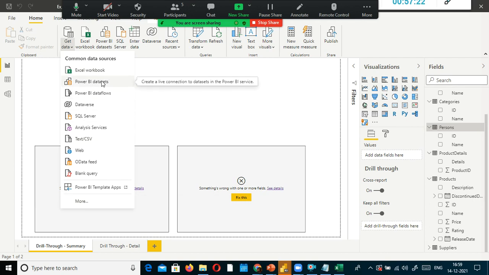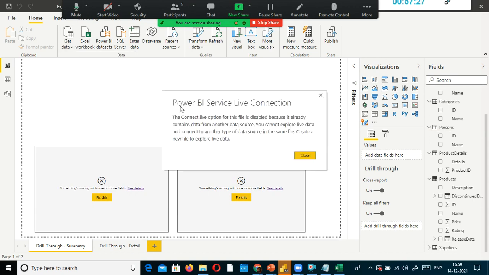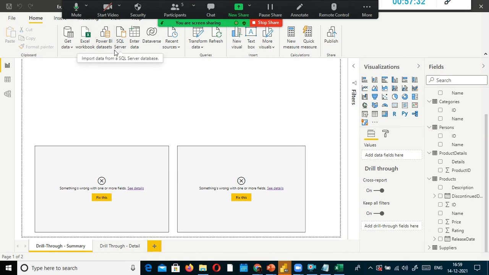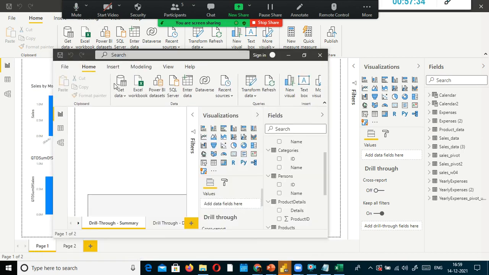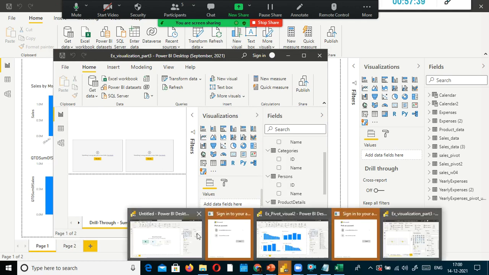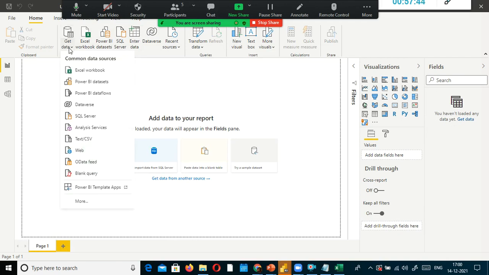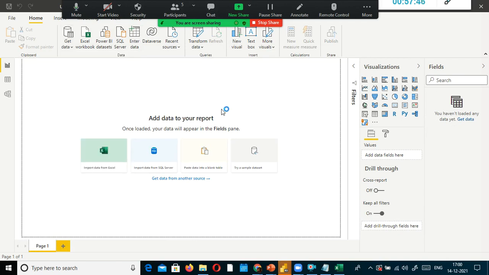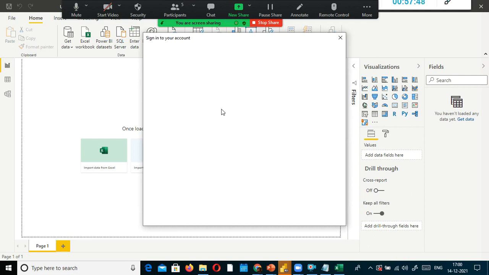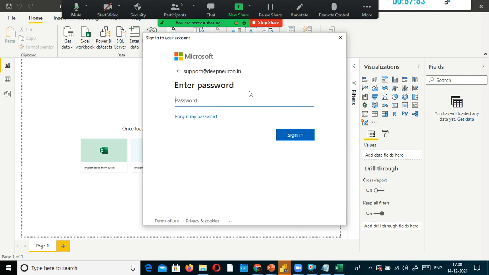And okay, now you understood how to import Power BI datasets. Unfortunately, that one is down. See, when you try to import the Power BI datasets, you're not supposed to have any other data in your Power BI. Make sure that before you import that, see here I don't have any data. So in that case, if you go and select this one, it will connect there. So I just select this one. Let's give it a try one more time. So, enter password.